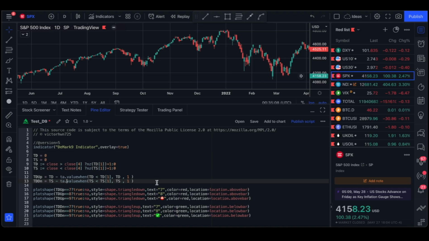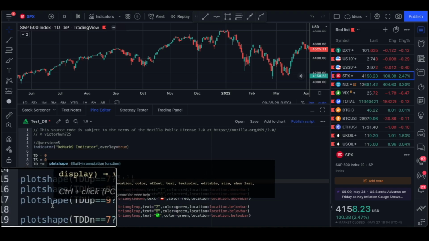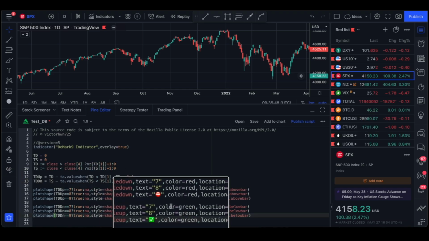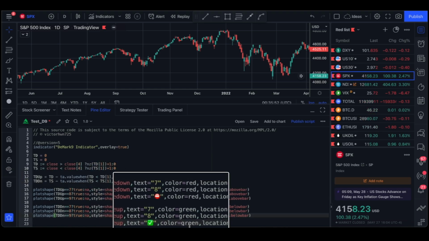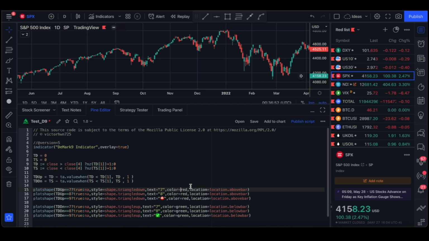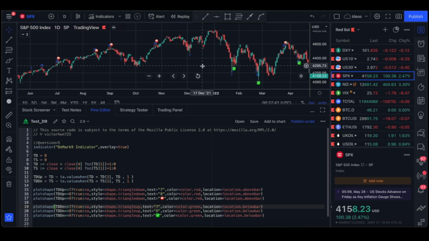Alright, the very last step is to make some changes to the color syntax in these plotshape functions. In PineScript version 5, we are no longer allowed to directly use the name of the colors as the value. We need to add color and a dot in front of the color names. Once we make these changes and click Save, we can see that this DeMark 9 indicator is working now, but